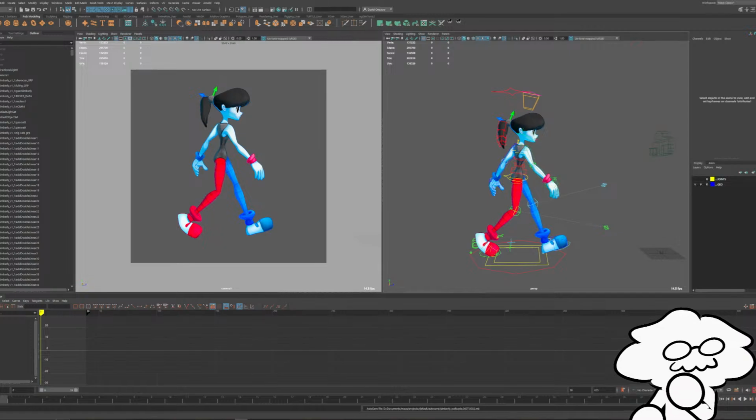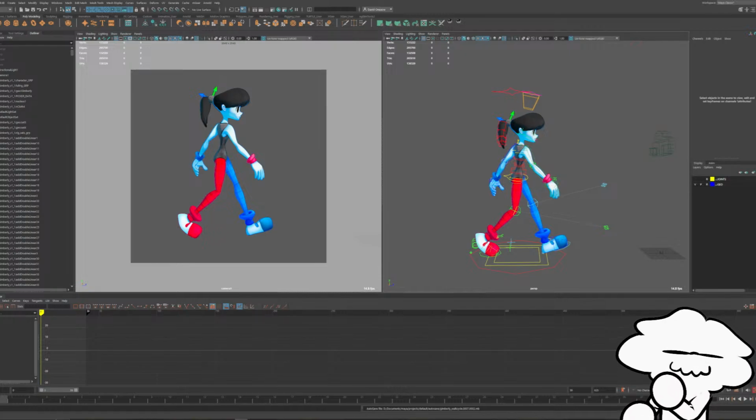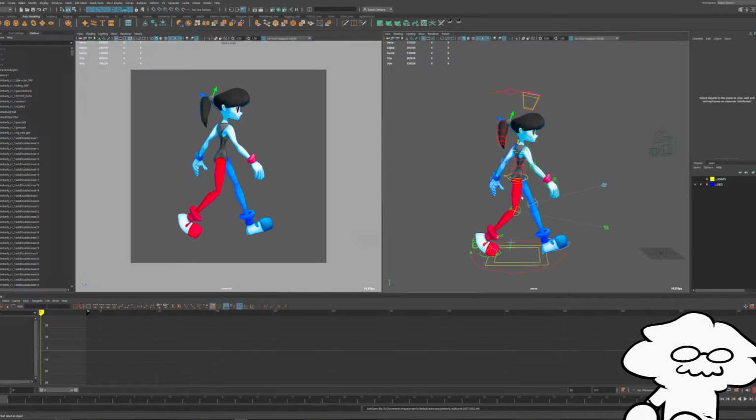If you are following along, you don't need to use Blender or Maya. You can use whatever 3D program you want. You just need some sort of bipedal rig like I have here.